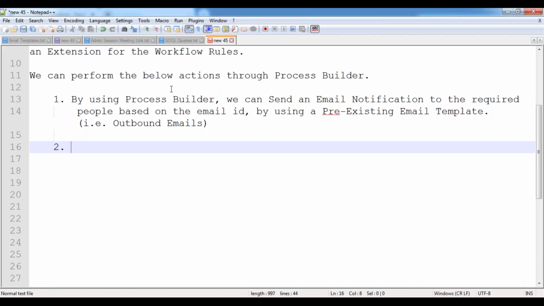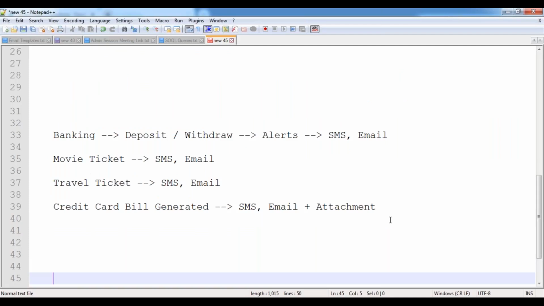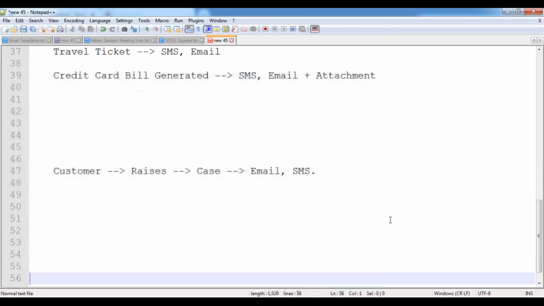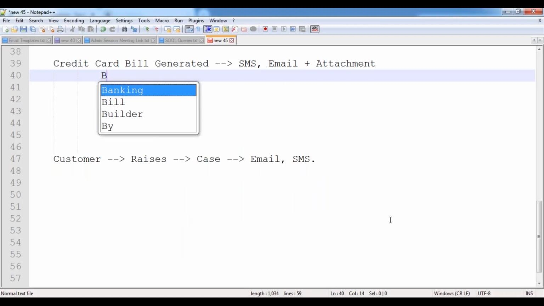Now, the second one. Whenever I'm sending the email notifications, or whenever you are performing these operations, we can fire the email notifications immediately or based on some specific time period also. That means both immediate and time dependent are possible over here. For example, assume that you are using a credit card, and as soon as your credit card bill has been generated, assume that my credit card bill generation date